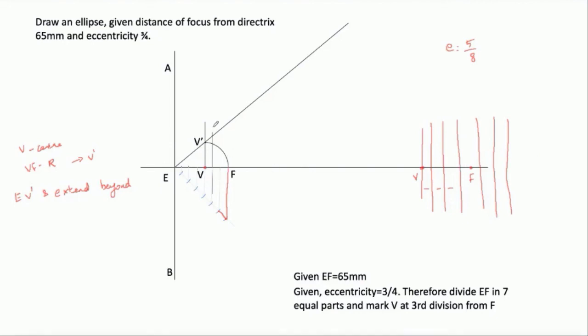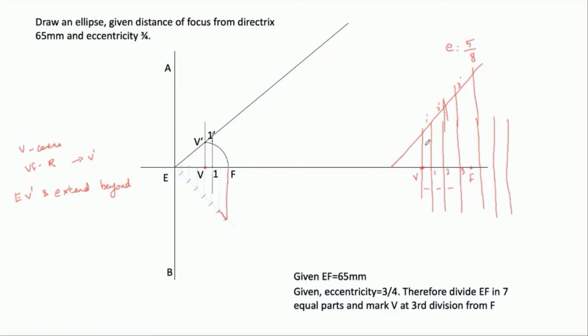Okay. So once it is drawn, try to mark the points. Here it is 1. The point where it meets this inclined line EV dash, mark it as 1, 1 dash. Then again I'm going to draw 2, 3 and it goes on. So this is 1, 1 dash, 2, 2 dash, 3, 3 dash, and it goes on. No problem. Okay. So that we need to do.